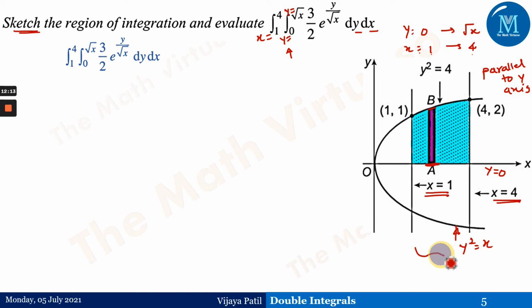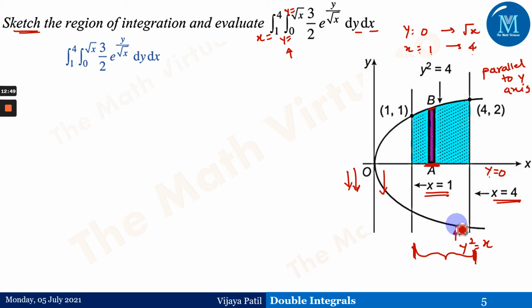So this is the restriction for our region, that this region will be from x equals 1 till x equals 4. So the region would be somewhere here. But the lower end of this strip is lying on y equals 0, and that's the reason this lowermost area is not possible, or we cannot consider the area lying in the lower part of the x-axis, or the negative part of the y-axis, because of the limit for y as well as the limit for x.